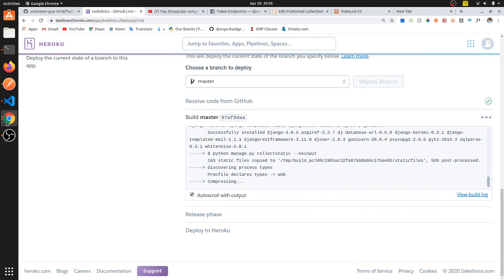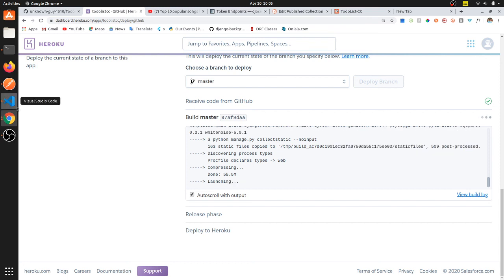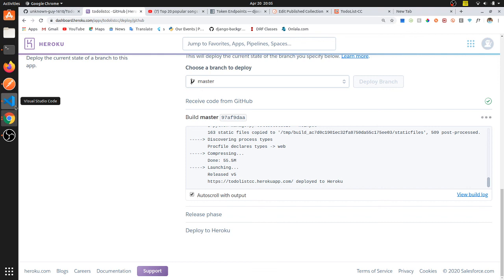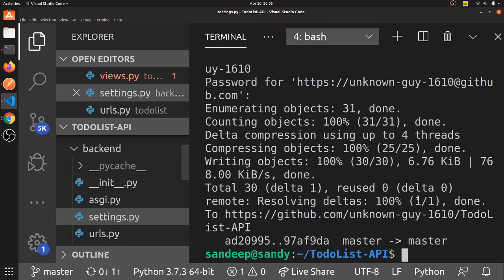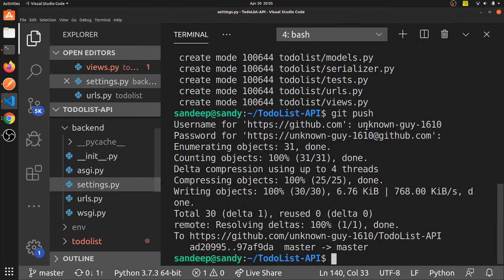And remember, now install Heroku CLI onto your PC. It's easy, just download the installer and install it. Once you do that, it shows deployed to Heroku. We have the URL ready here. Now I'm just going to go to my VS Code again. Increase screen size. Oh, too big. Okay, clear,